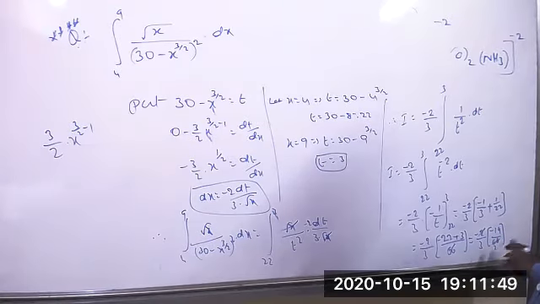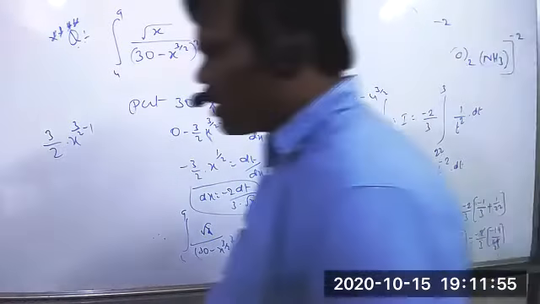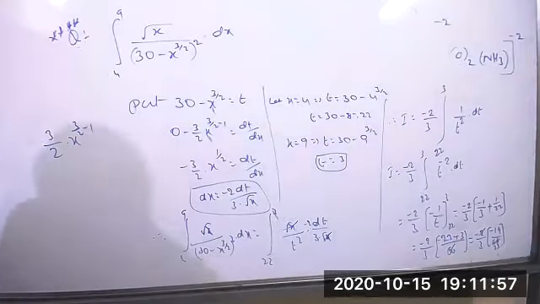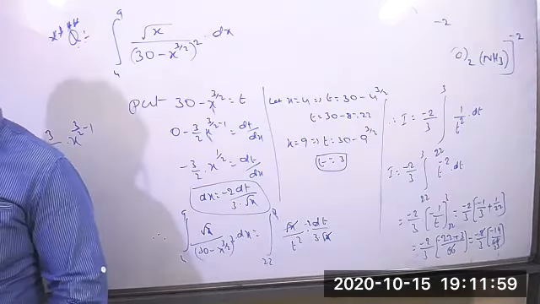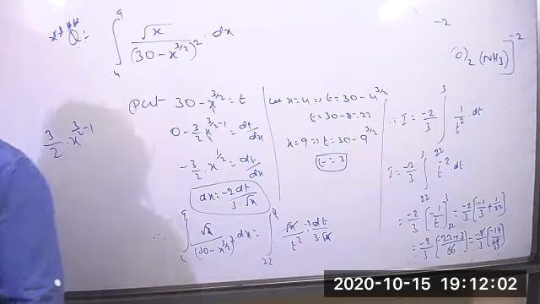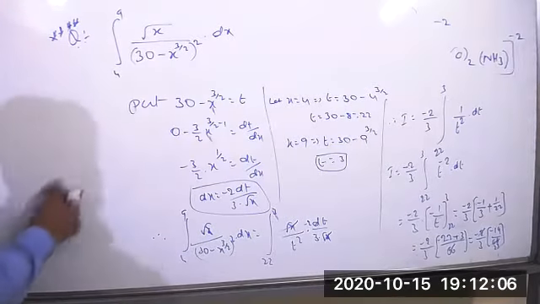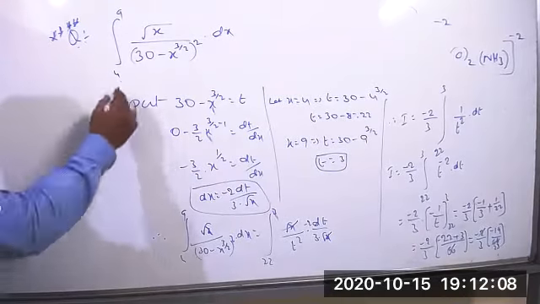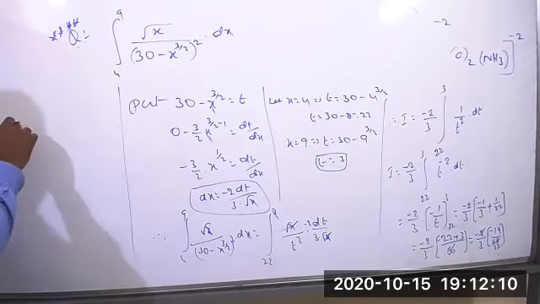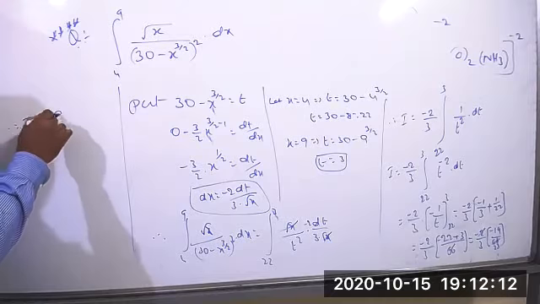So now we can write the answer clearly. So the value of I equal to 19 by 99. 19 by 99 is the answer for that. Final answer. This is one of the important questions. All of you should remember that. So therefore, the value of I equal to 19 by 99.